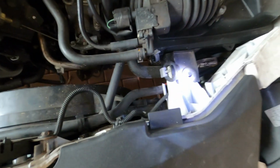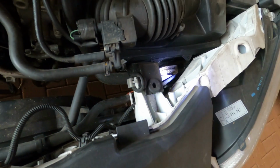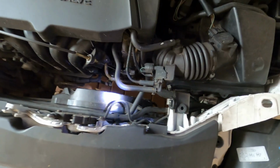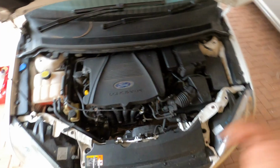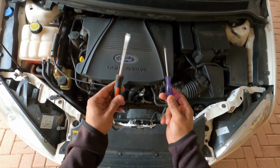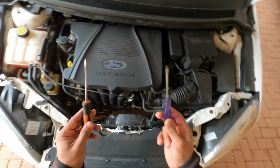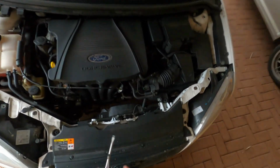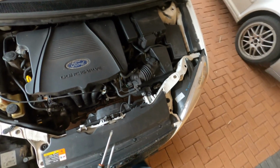What to take out: there's a bracket here for the airbox. Take out the entire airbox. There's a clip there. There's a plug here for the fan switch. Take that out, and everything should slide out with a little bit of persuasion. Okay, the only tools we're going to need for now are these flat screwdrivers, maybe different variations, but we have the toolbox just in case. Now, to take out the airbox,